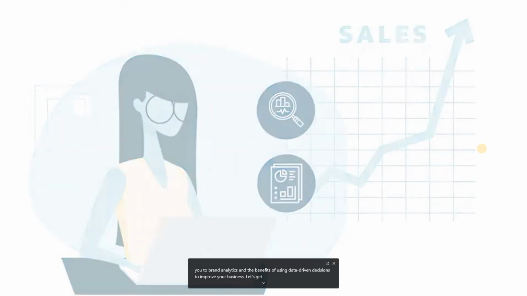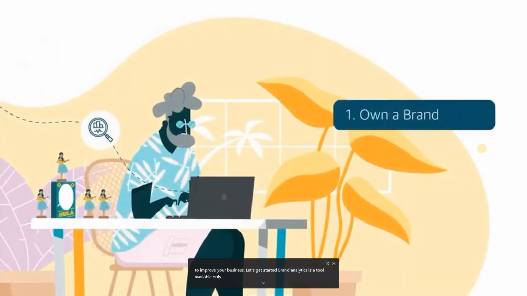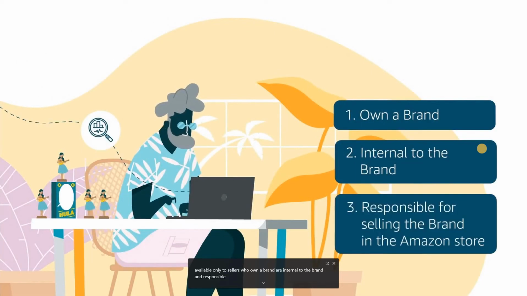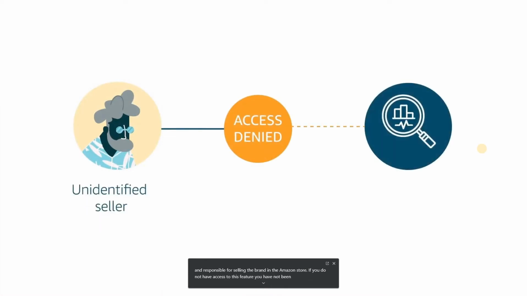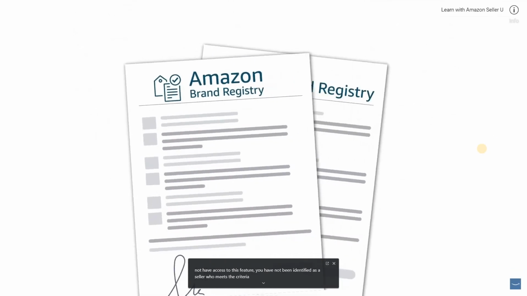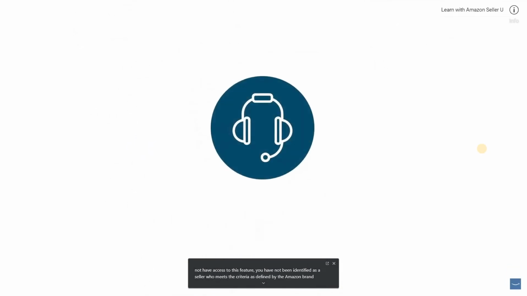Let's get started. Brand analytics is a tool available only to sellers who own a brand, are internal to the brand, and responsible for selling the brand in the Amazon store. If you do not have access to this feature, you have not been identified as a seller who meets the criteria as defined by the Amazon Brand Registry. If you believe that you do fit these criteria, please contact Brand Registry Support at